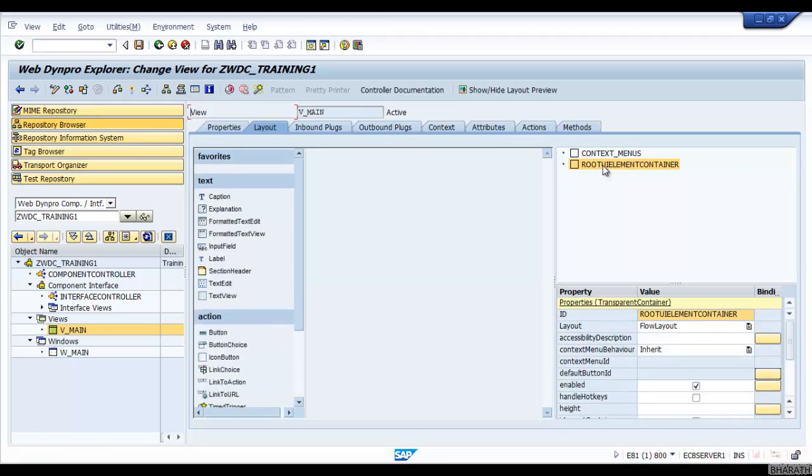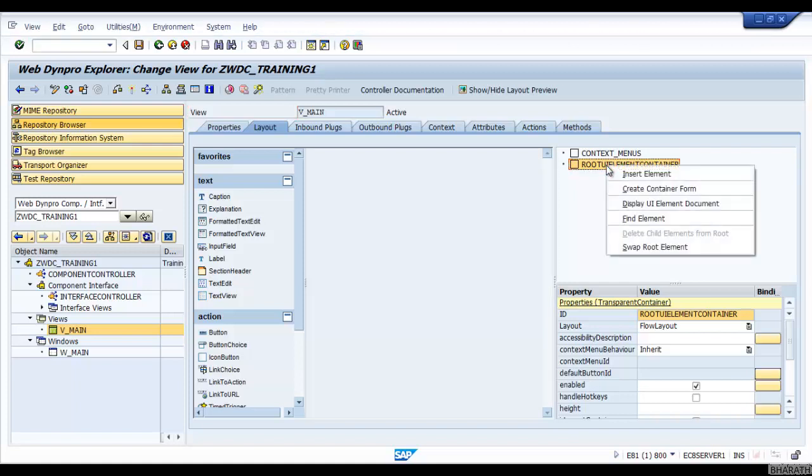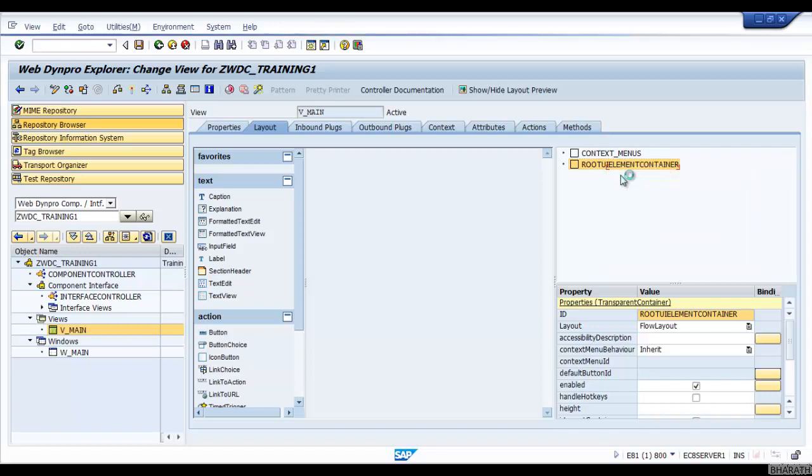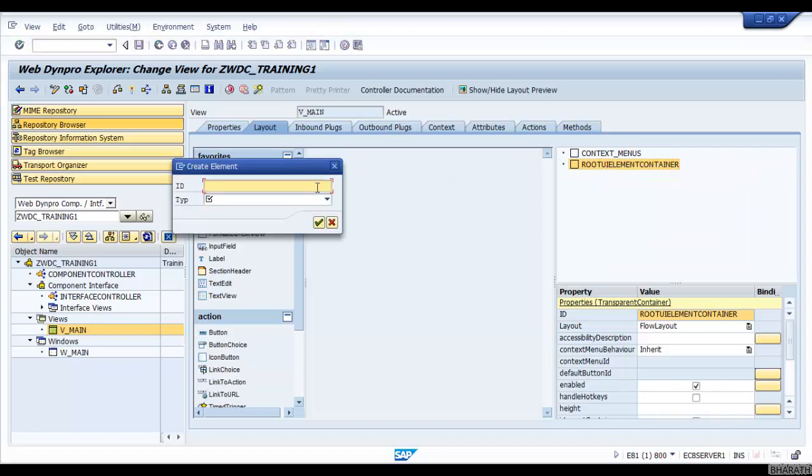This is the parent container, and under this root UI element container we are going to design the screen layout. So right click on the root UI element container, click on insert element. Here enter some name. You can enter any name.